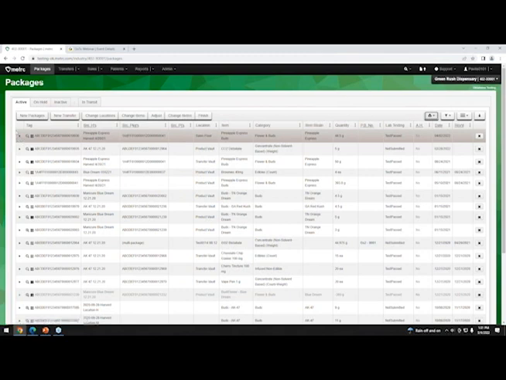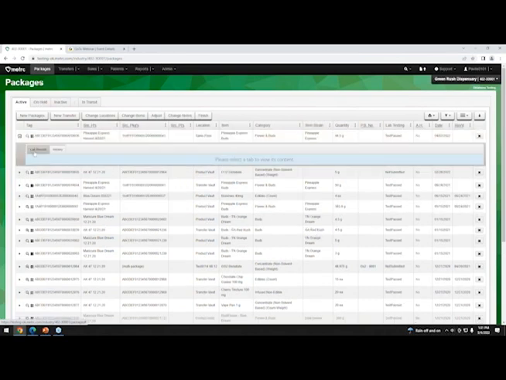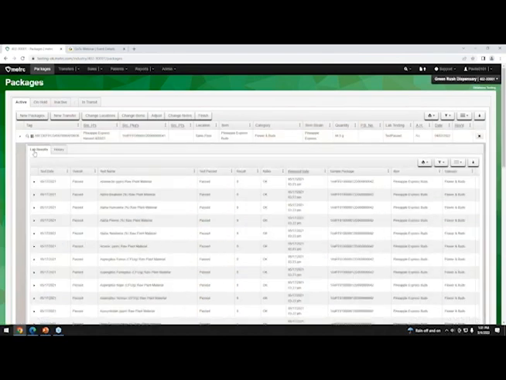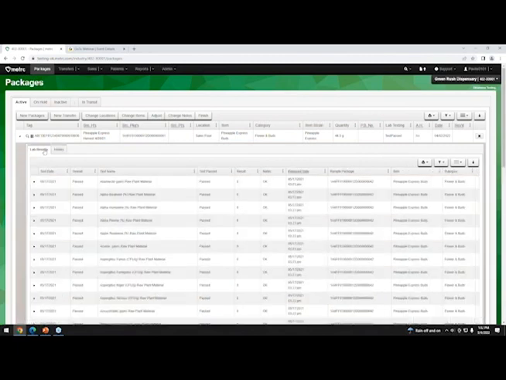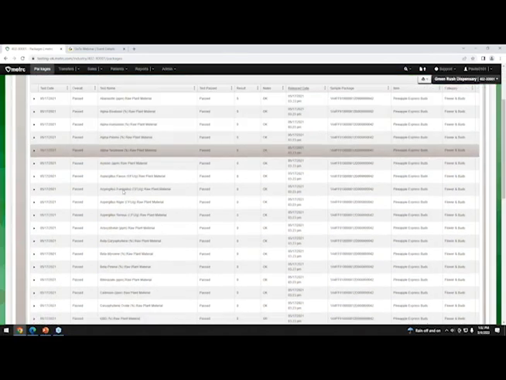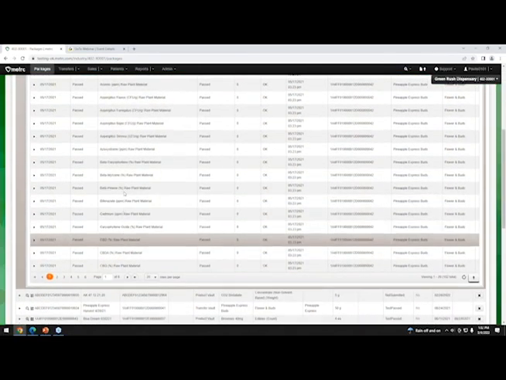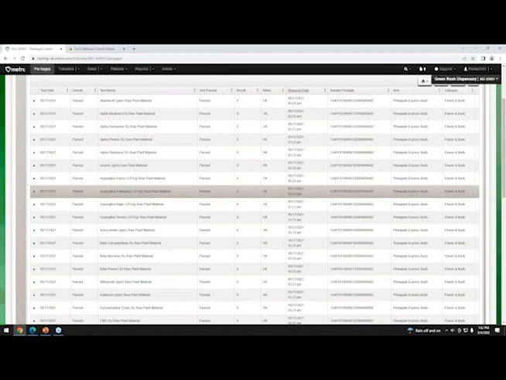Last thing I'll note here is the carets you see on the far left. Anytime you see that, that's going to give you the ability to look at additional information. So you can look at history for packages, which will show you exactly what's going on here. And then you can go to your lab results as well. So the lab results will show you all of the lab results there. This is dummy data, so it's not quite as varied as most of this test will be.